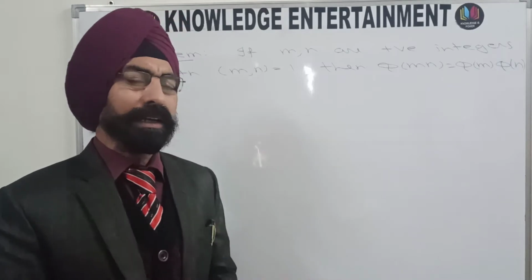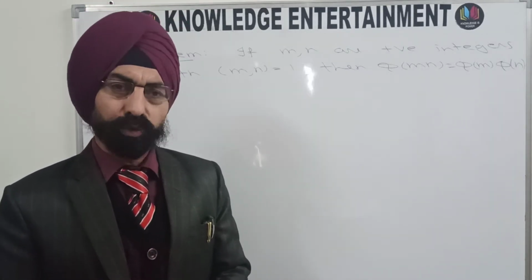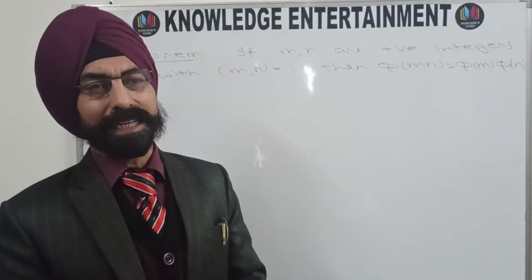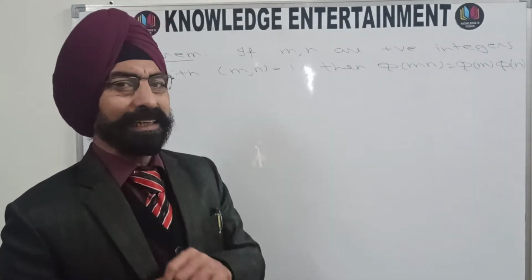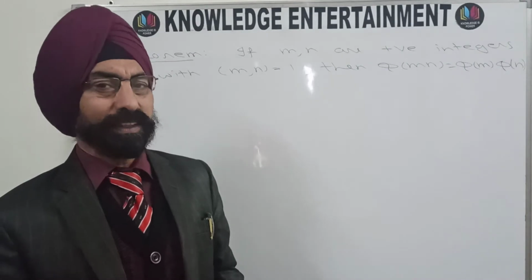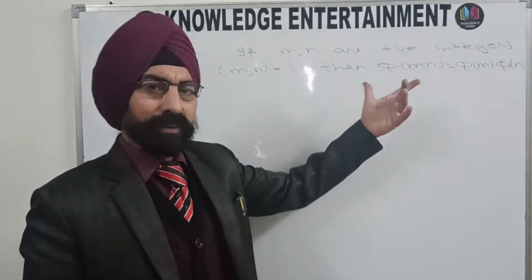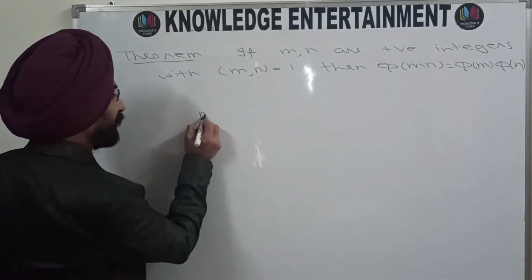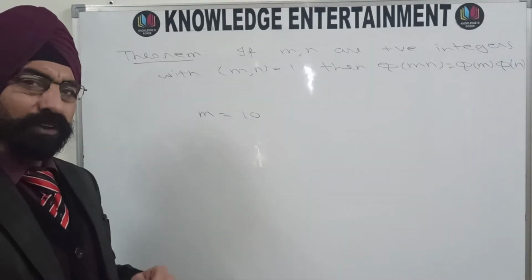So this question may also be asked in your examination in this form. Prove that the Euler's totient function is a multiplicative function. So this is the statement here. And once again, I recall what is this Euler's totient function. Earlier in the previous video I have told you about this function, but once again I am going to repeat it. For example, if you are having any number m is equal to 10 suppose, then first of all make